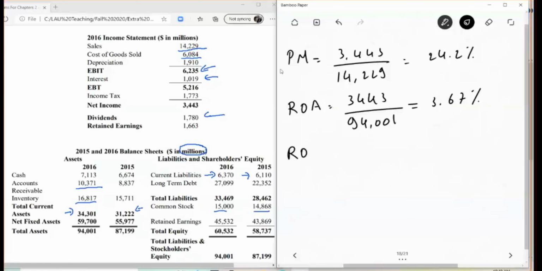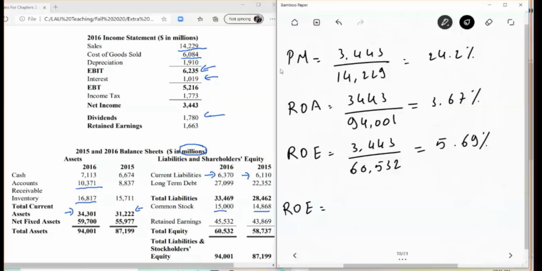Return on equity is net income divided by total equity. The answer here is 5.69%. And now, if I want to do the breakdown of the return on equity,